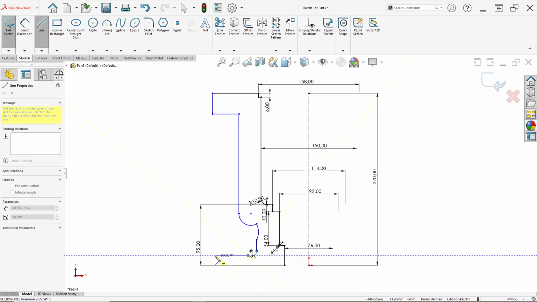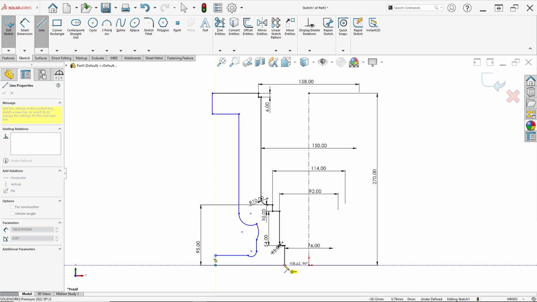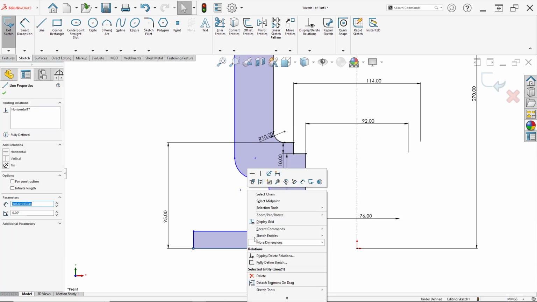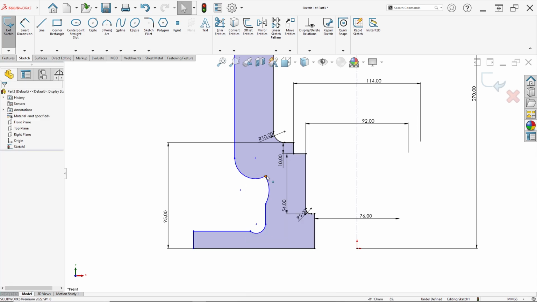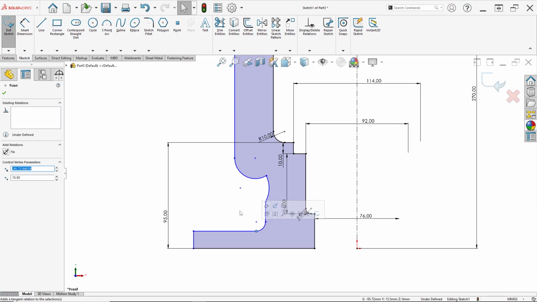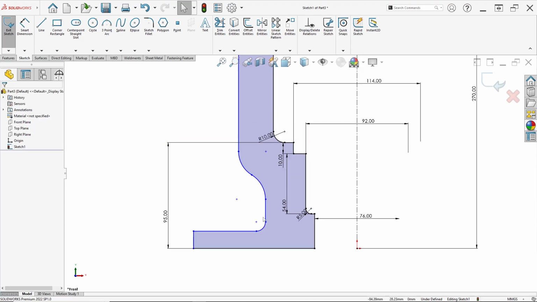Make line this, this. Ensure this line, click make horizontal. Then ensure this point, click make tangent. This point, click make tangent. And this point, this point, and this point, click make tangent.